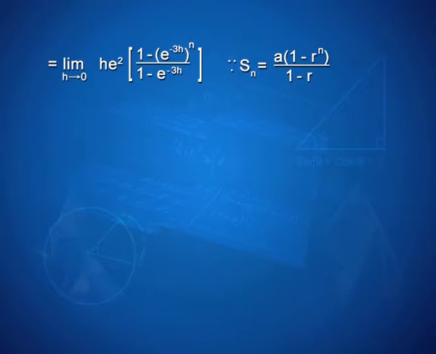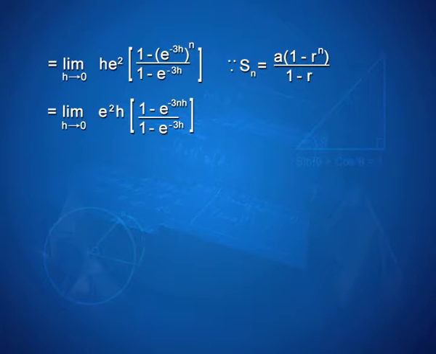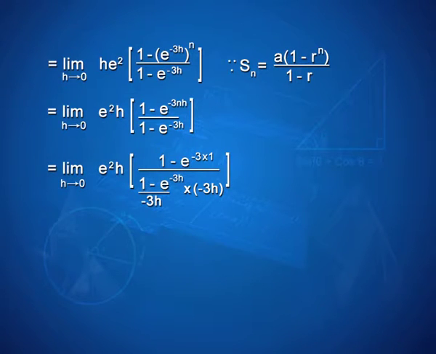Limit h tends to 0, h into e to the power 2 into (1 minus (e to the power minus 3h) whole raised to n) upon 1 minus e to the power minus 3h, that is equal to limit h tends to 0, e square h into (1 minus e to the power minus 3nh) upon 1 minus e to the power minus 3h, that is equal to limit h tends to 0, e square h into (1 minus e to the power minus 3) into 1 upon (1 minus e to the power minus 3h) upon minus 3h into minus 3h,